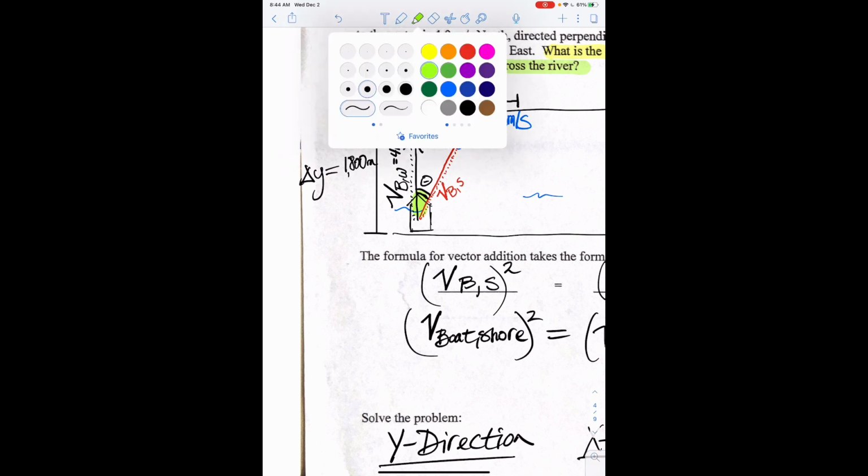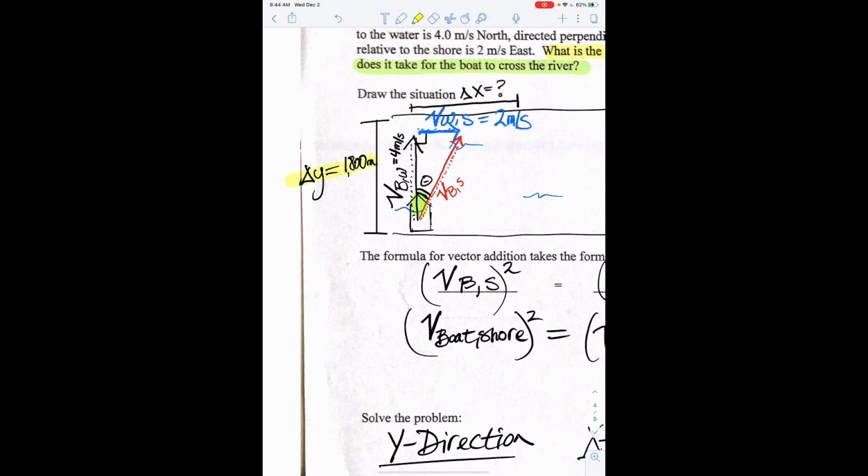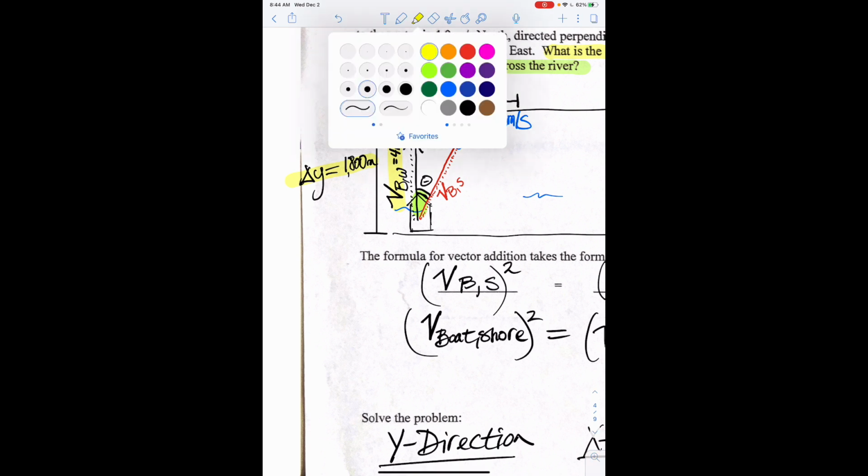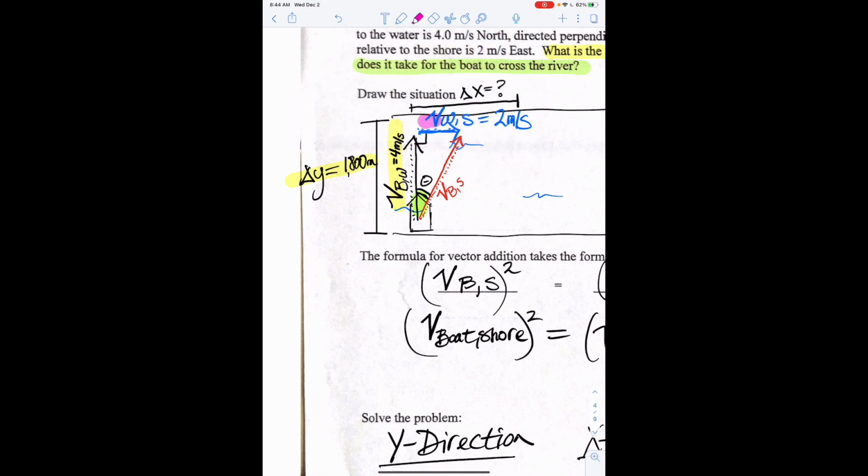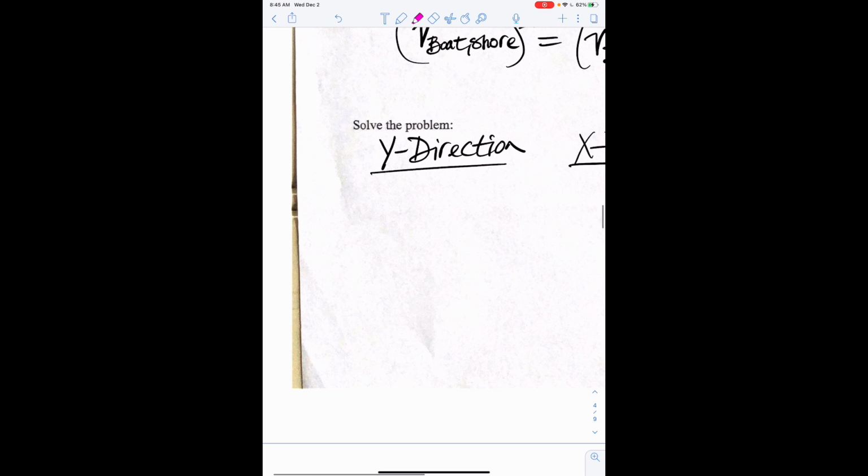If I get my highlighter out, in the y direction, we know the distance across, and we know the y velocity. In the x direction, we know the x velocity, and we don't know the distance in the x direction. So we're thinking y direction is better here. And when we work with the y direction, we can solve for this y velocity using K2, right? If we look at K2,